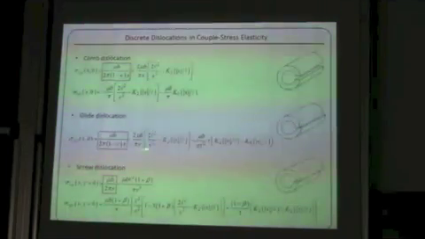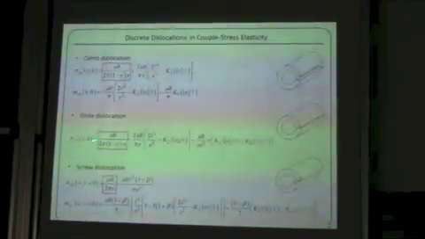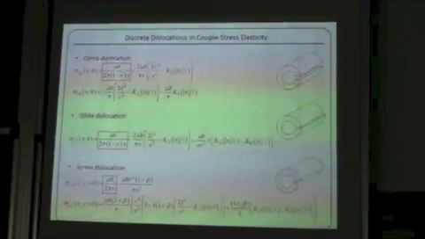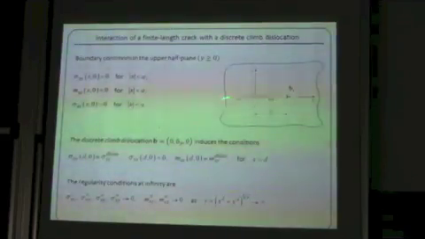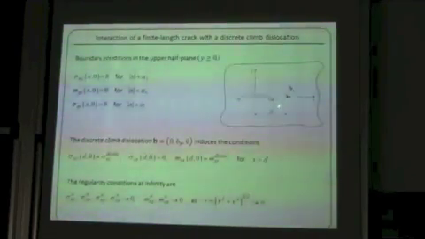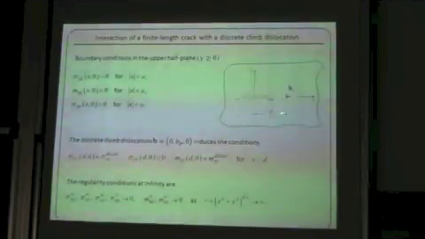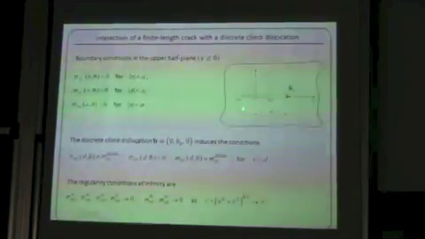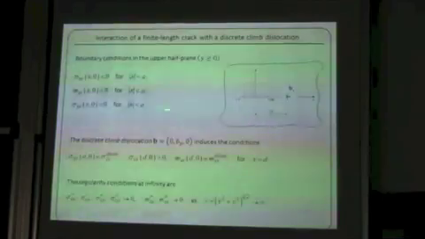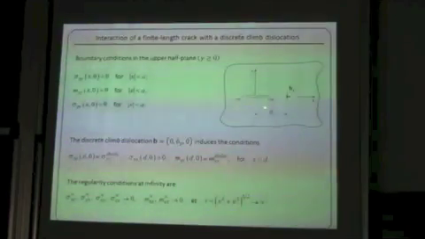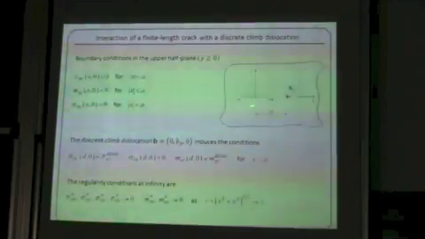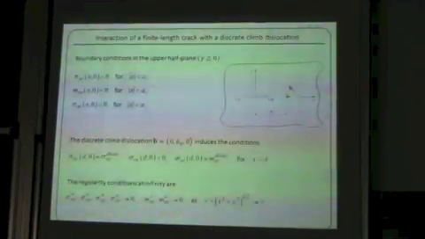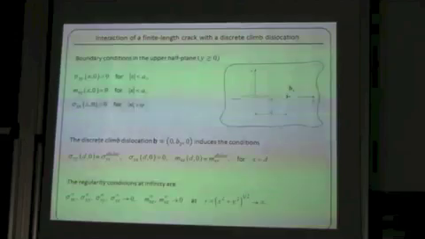Whereas for the glide dislocation, we have only shear stresses and no coupled stresses. Now, going to our first example here, this is the interaction of a finite length crack with a climb dislocation, which lies at a distance d from the center of the crack. These are the boundary conditions, and in the classical theory, this crack would be modeled by a distribution of climb